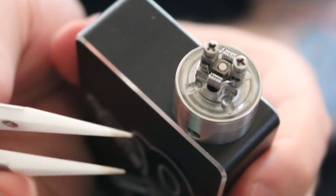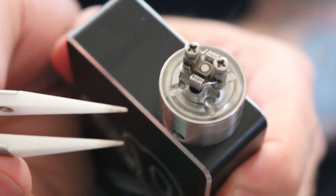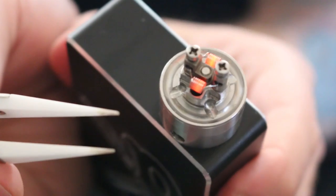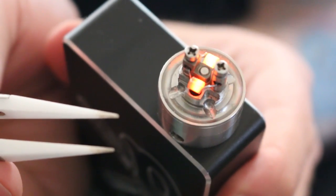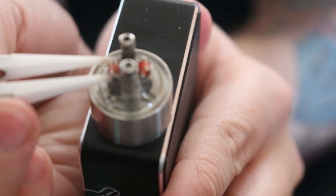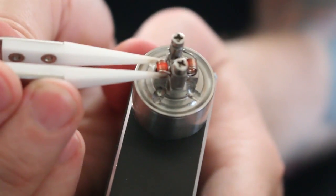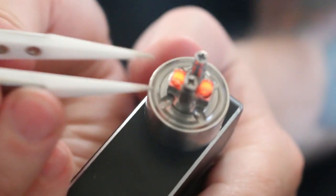So now what you want to do now is get some tweezers, or if you have ceramic tweezers, and just start firing up the coils. They're firing up pretty evenly already. I don't really have to do much to them, but I'm just going to crimp them. Go on the other side, crimp it. Just give it a nice little